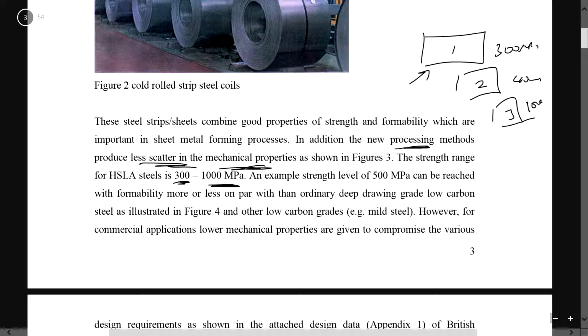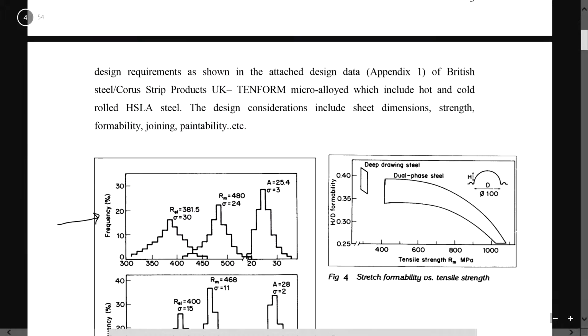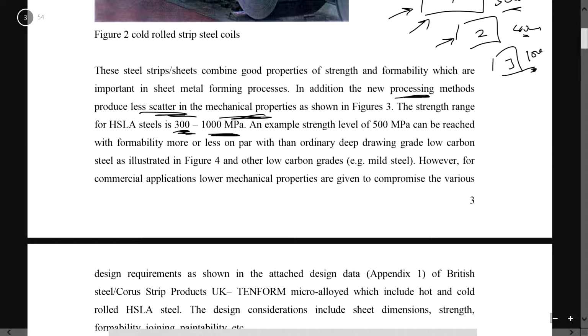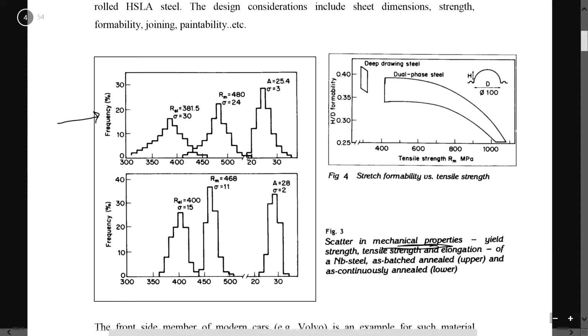So different metals will have different strength, based on different compositions, I believe. That's why this type of different strength is created. Nonetheless, this is the scatter of the mechanical properties from 300 to 1000, and this is the scatter plot over here. As you can see, these are all the plots. I don't know how it's being plotted, but these are the different properties in terms of yield strength, tensile strength,